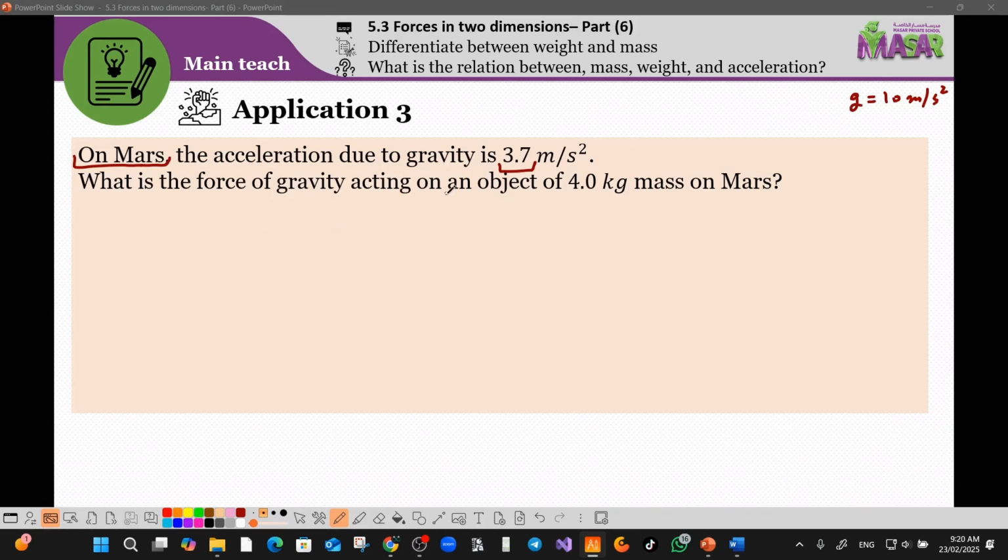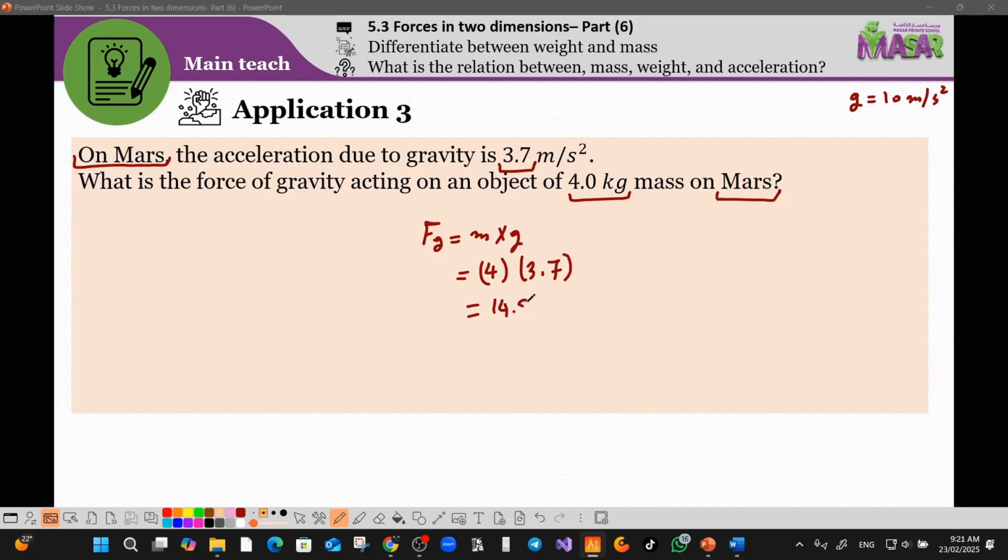Now, what is the force of gravity acting on an object of 4 kilogram? Again, this is 4 kilogram, but this time on a different planet, and this planet is Mars. Again, we will use the same formula that we used in application 2, Fg is equal to m times g. Now the mass is given by 4. Again, the g now is different, 3.7. And the answer is